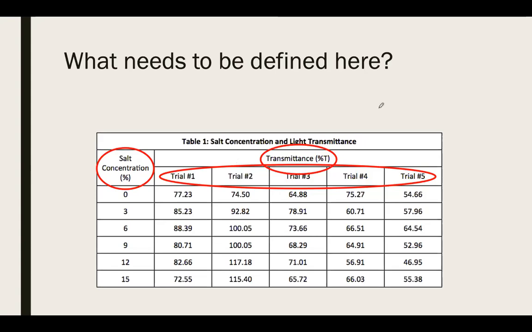Why would we want our definitions to go first rather than after? Yeah, exactly. People need to know what they're looking at. One thing I often do see is people define things, but they're like, well, I'll do the definition after they look at the table. But that doesn't help people understand the table. They need to have the terms and definitions to understand it going into the reading of it,